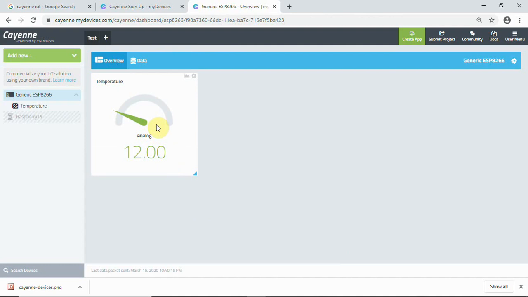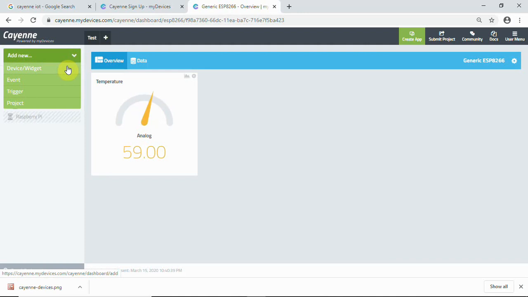Now what we are doing is publishing data from the ESP8266, and we have set up a gauge here in the Cayenne dashboard. Now we will add a button to actuate the onboard LED which we discussed, that is connected to pin number 16, GPIO 16.